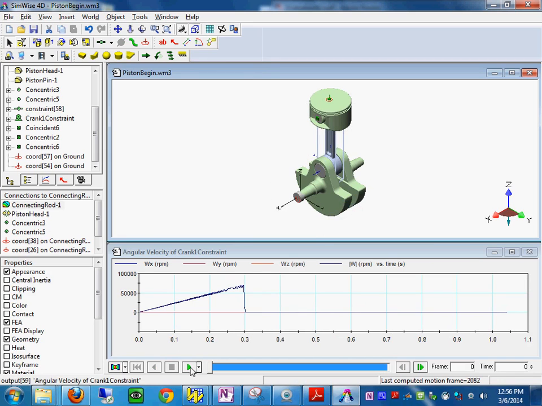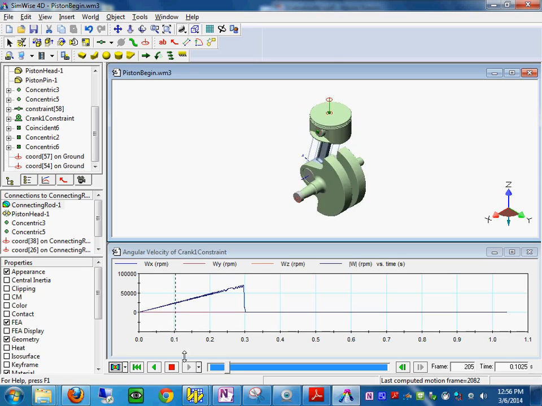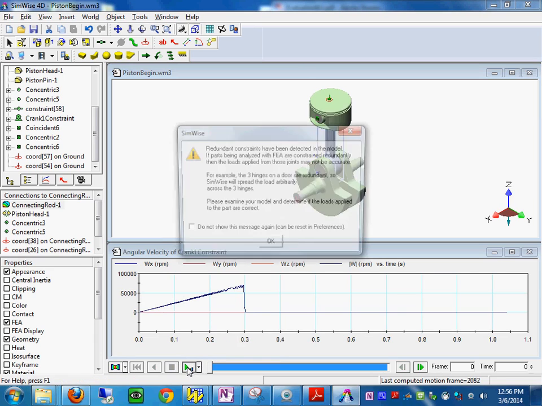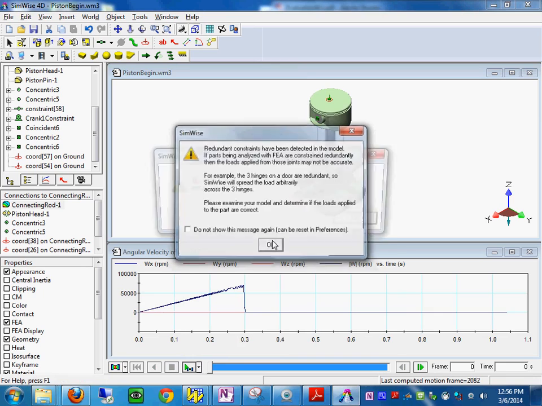So if you include an FEA, the program still does what it needs to do there before. But if you go to animate motion with FEA, then the situation is going to be different. See, because